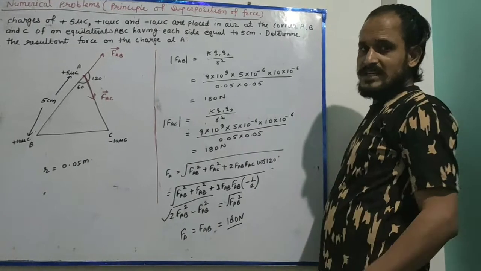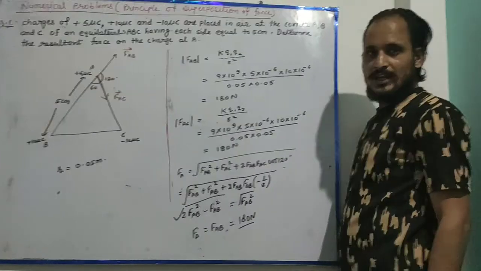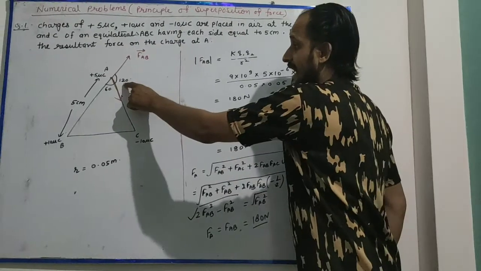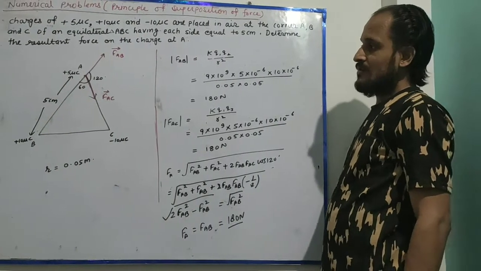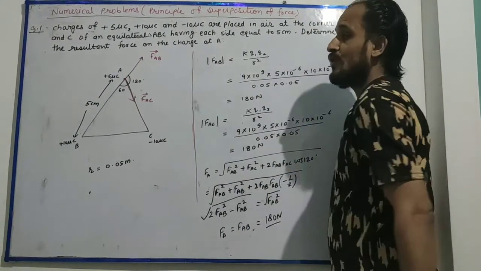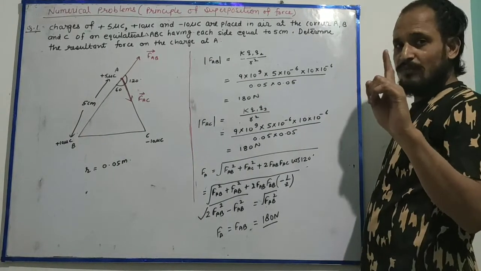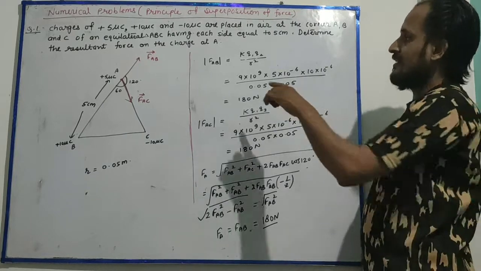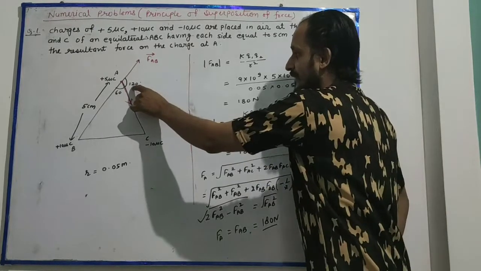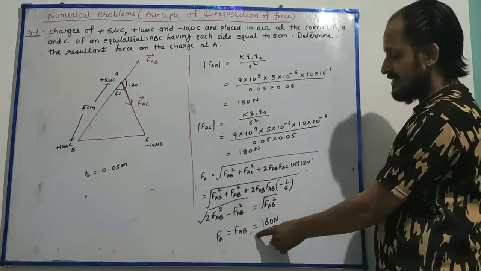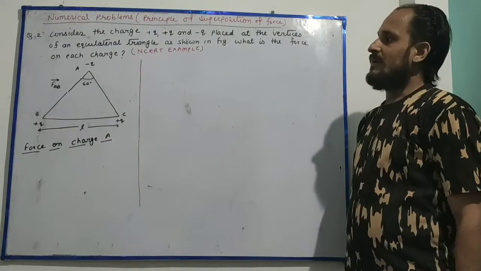One thing always remember: if two forces have the same magnitude and act at a 120 degree angle, then the resultant force on the charge would be equal to the magnitude of either force. Getting it? Here you can see forces FAB and FAC both have the same magnitude and the angle between them is 120 degrees. The resultant force we are getting is also 180 Newton. We'll discuss the second